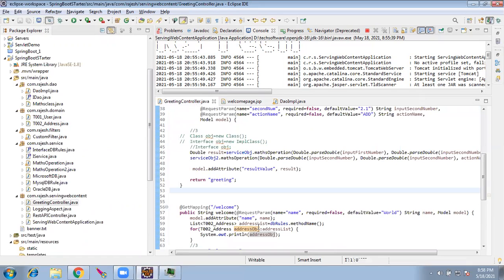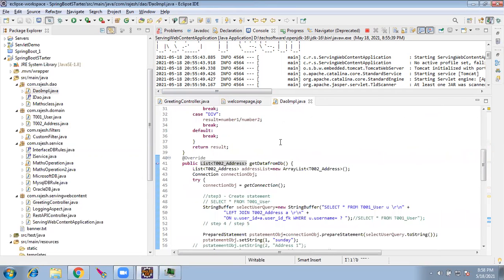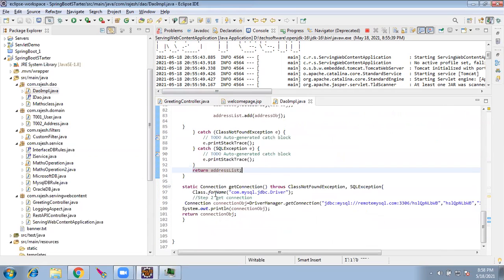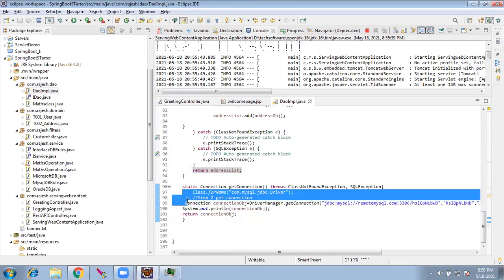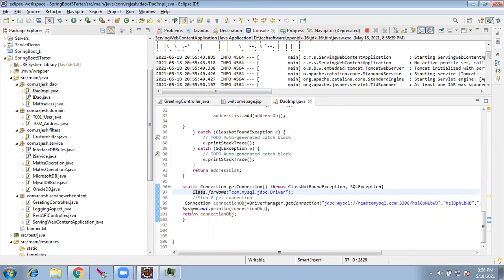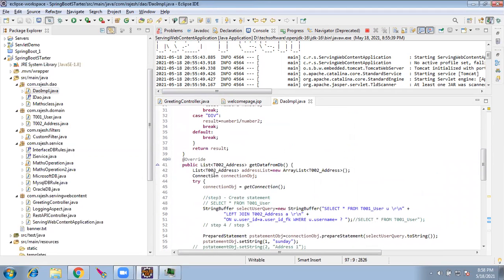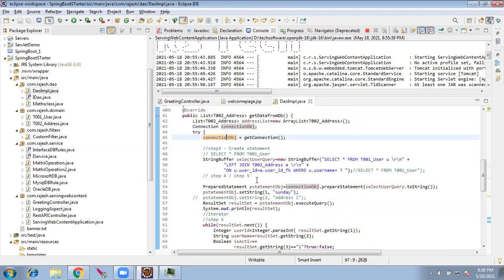So once these 2 objects are done, from the controller, we are calling the service. From the service, we are calling the DAO. In the DAO, we gave this get connection method as a static connection method. Here we are using the JDBC, getting the connection and returning it to this method in the DAO itself. In the DAO, using the connection object, we trigger the query. As a standalone, we saw how it works. Exact code I copied and pasted, it is working fine here.